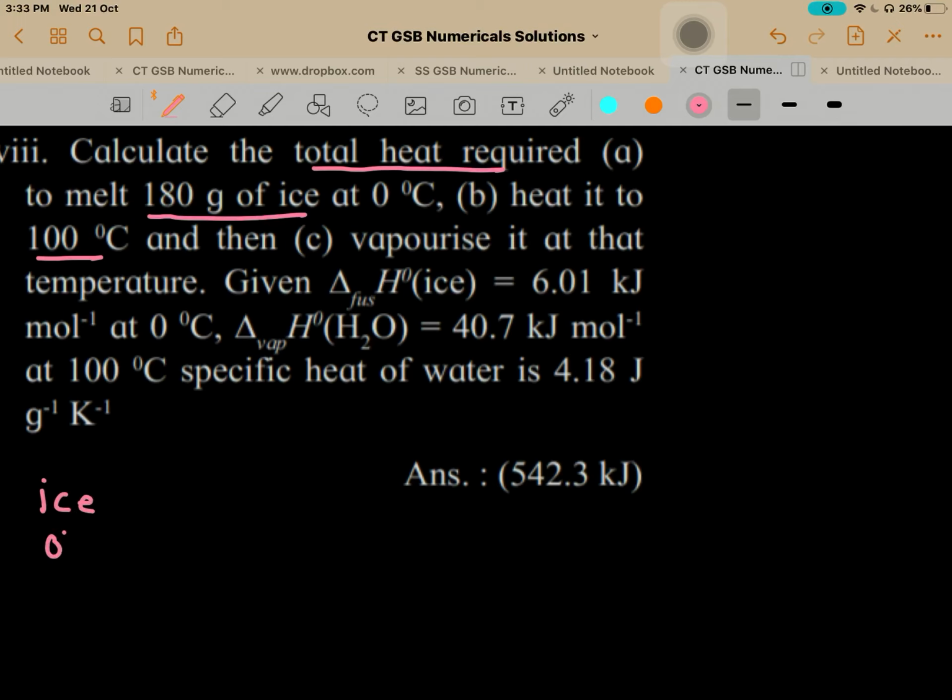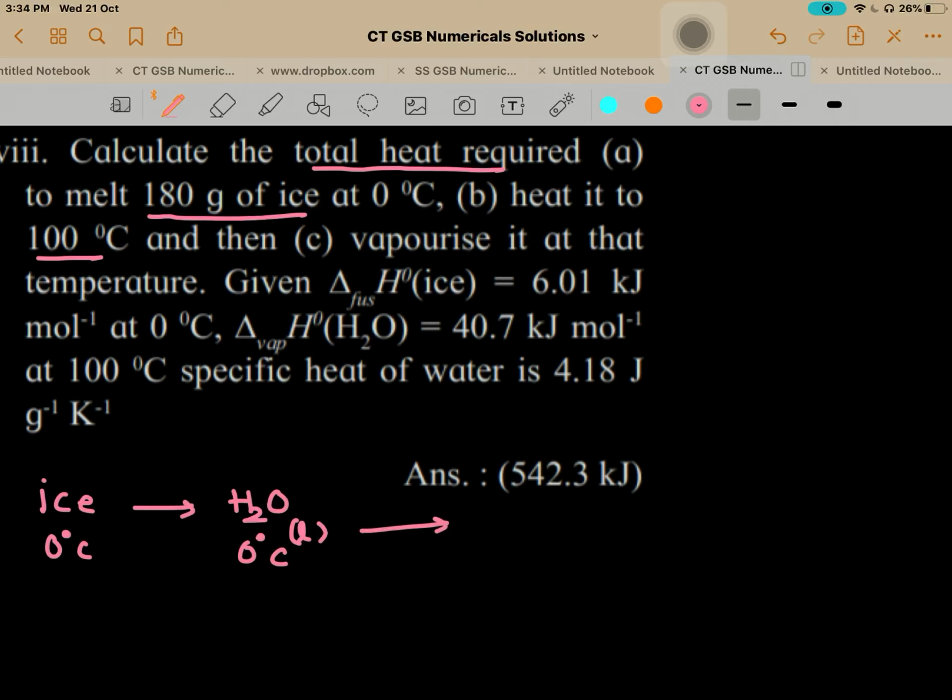Ice has been given to you at 0 degree. You are converting this ice to water at 0 degree. See, at 0 degree now ice formation starts. So it is not only ice totally present, along with that water is there. So ice is converted to water. Now this water is in liquid state and ice, you know, it is in solid state. This is the first step.